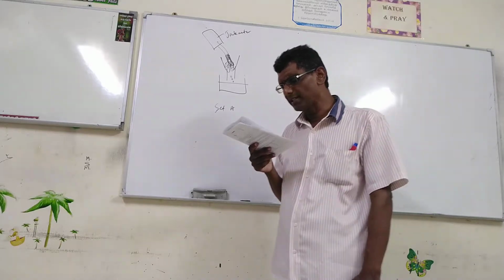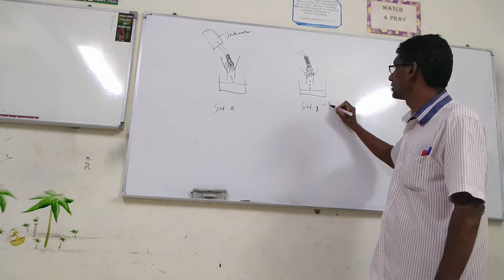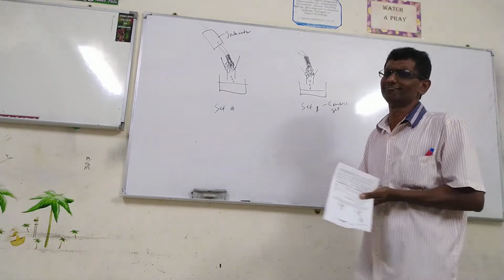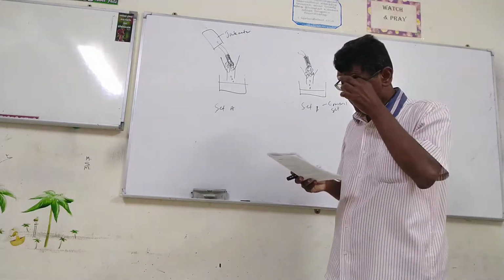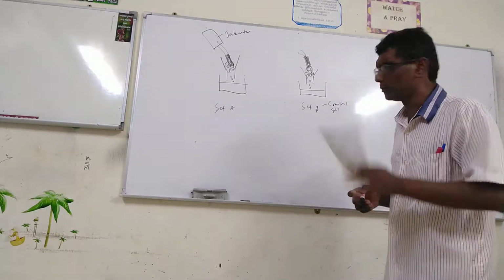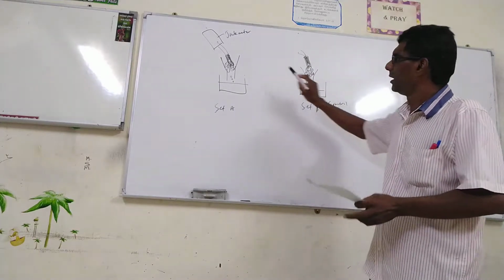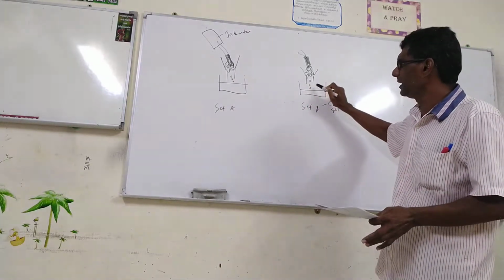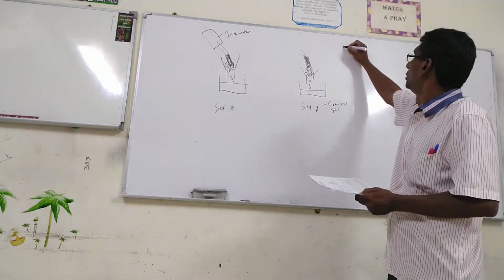What is the purpose of having a control set? Set B is the control set. Listen to me. The control set also melts ice, and set A also melts ice. But set B, to find out, the answer to question number 2 is